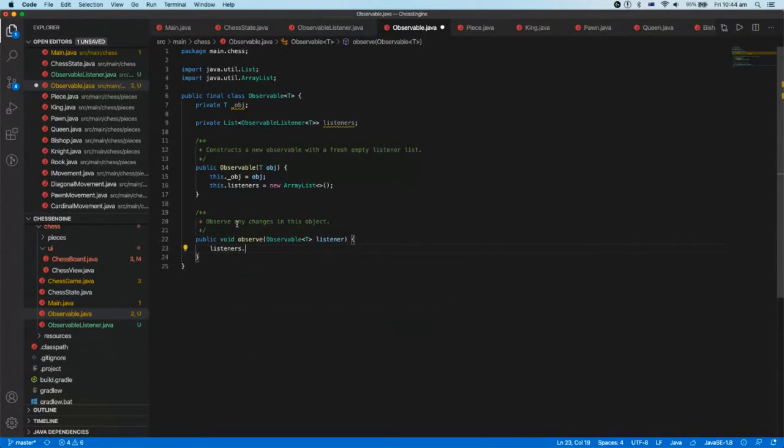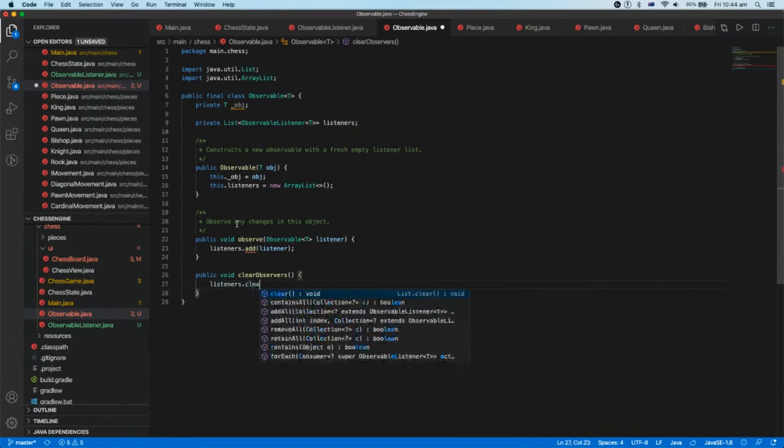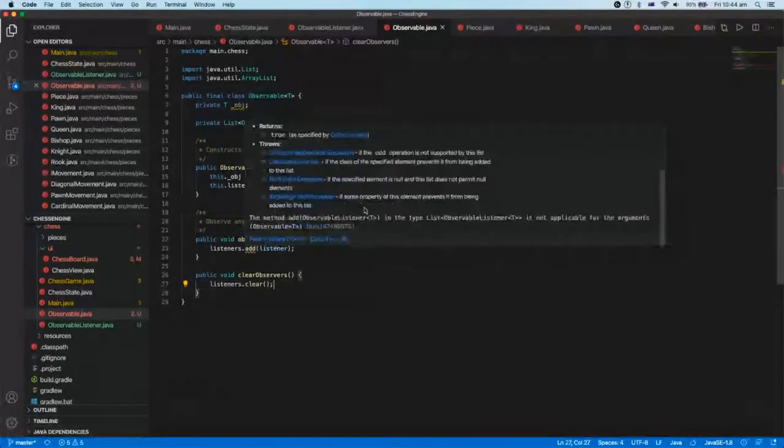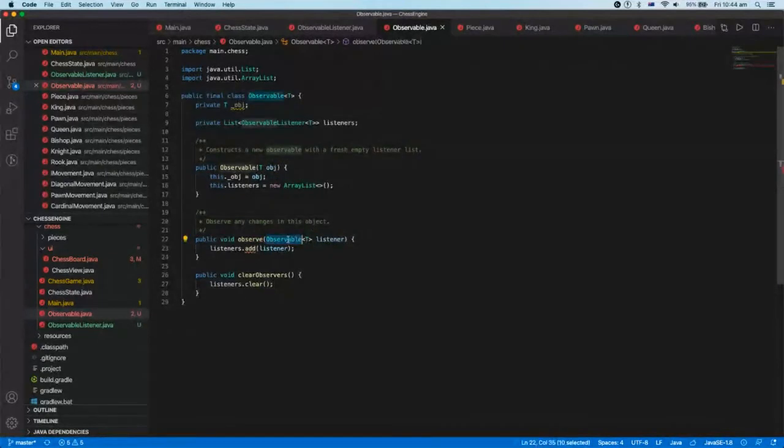Listeners to add. And what next? Well, we want to also have a clear function just for utility. Is it not called add? Oh, this should be observable listener. That's fine. Okay. And then we also need